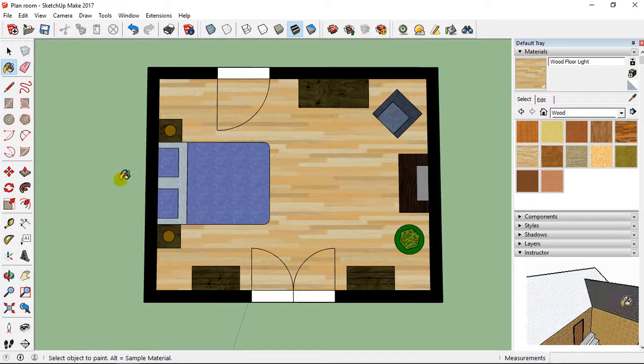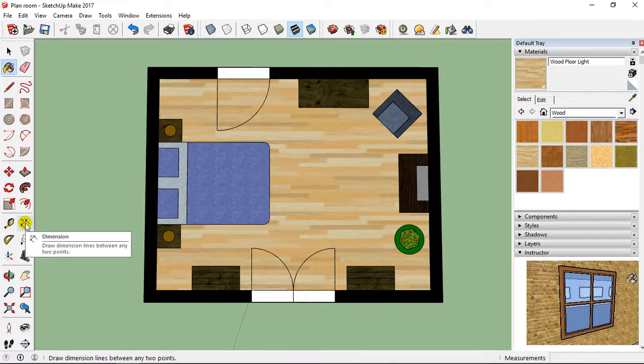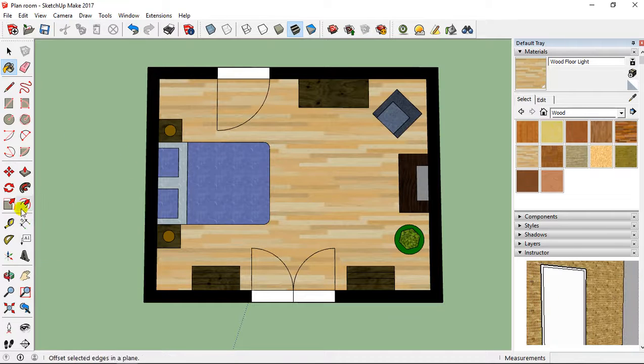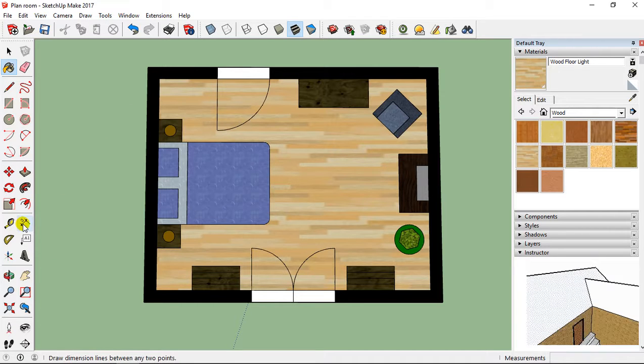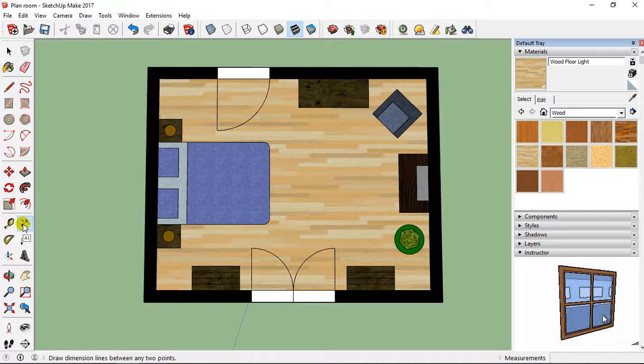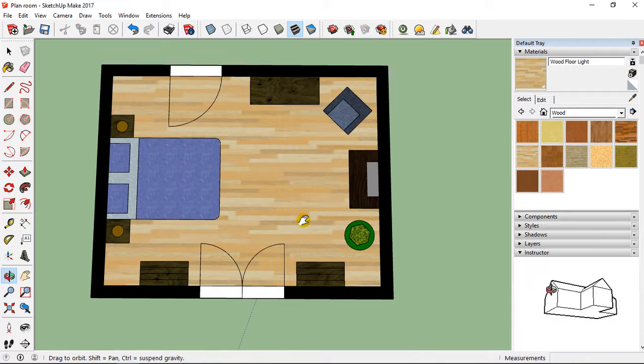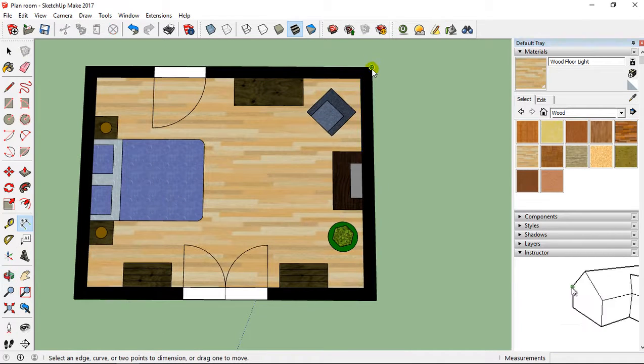Now we are going to add on the plane the dimension, draw dimension lines between any 2 points. So at the end of your 2D, two-dimension plane, it is extremely useful to add the dimension like this. I click on dimension and we are going to choose the right point to integrate the dimension. So for example, I'm going to take this point to this point to have